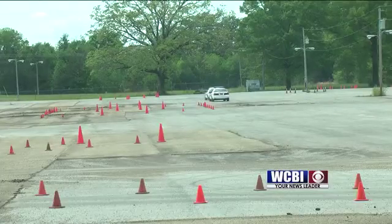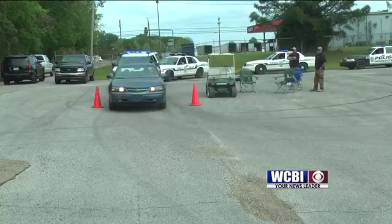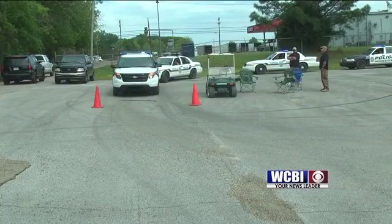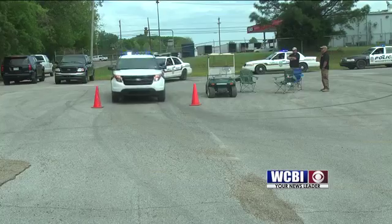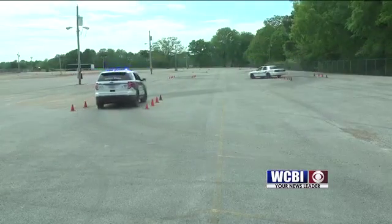Over a 3-day period, cadets start with simple drills such as backing up. Like I tell them, backing's one of the things that'll get an officer quicker than anything because of the inattention. Instructors then set up the big course, the second day of driving class, and cadets go through it again and again. Typically, true to life stuff, we do some offsets,